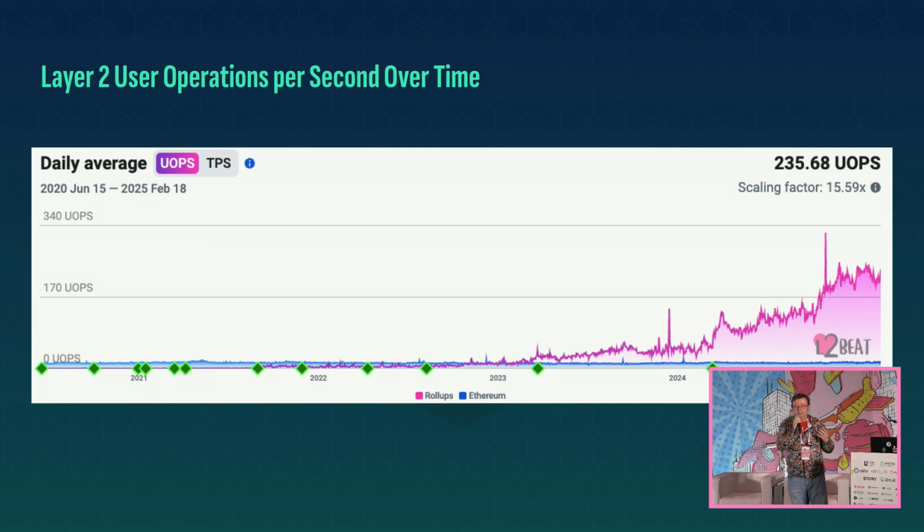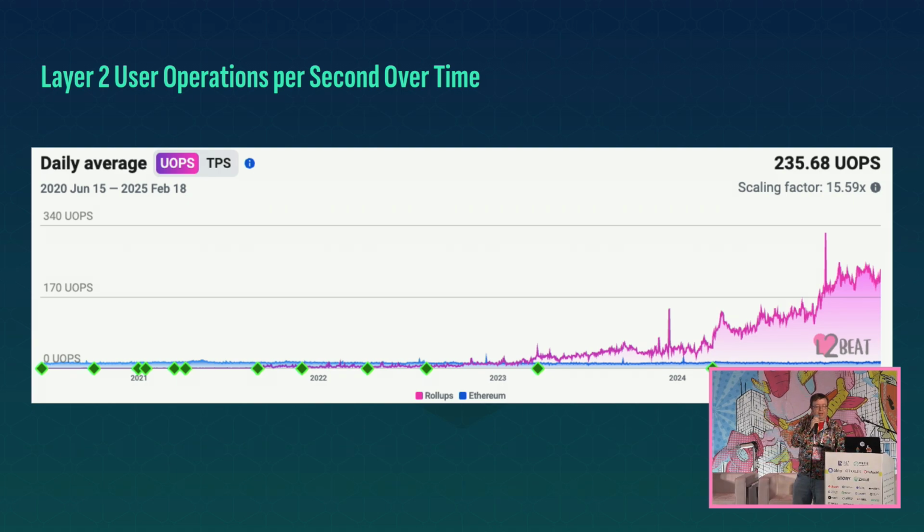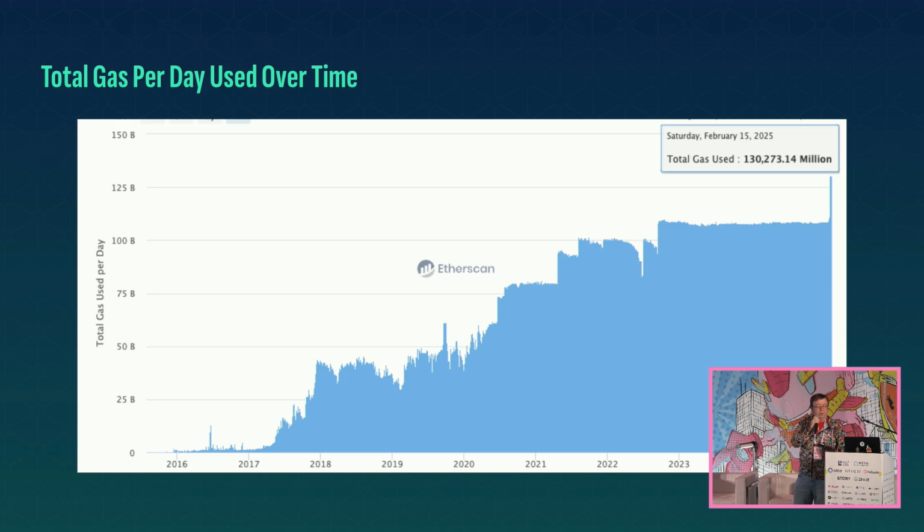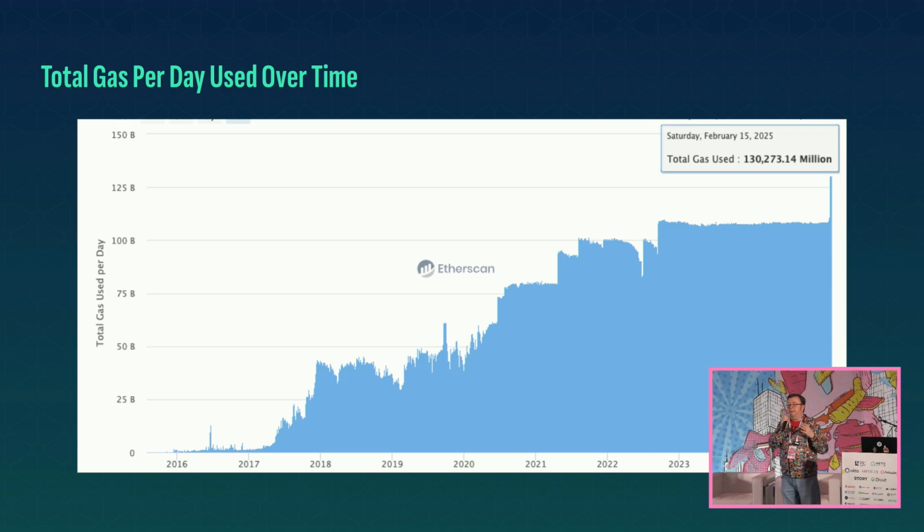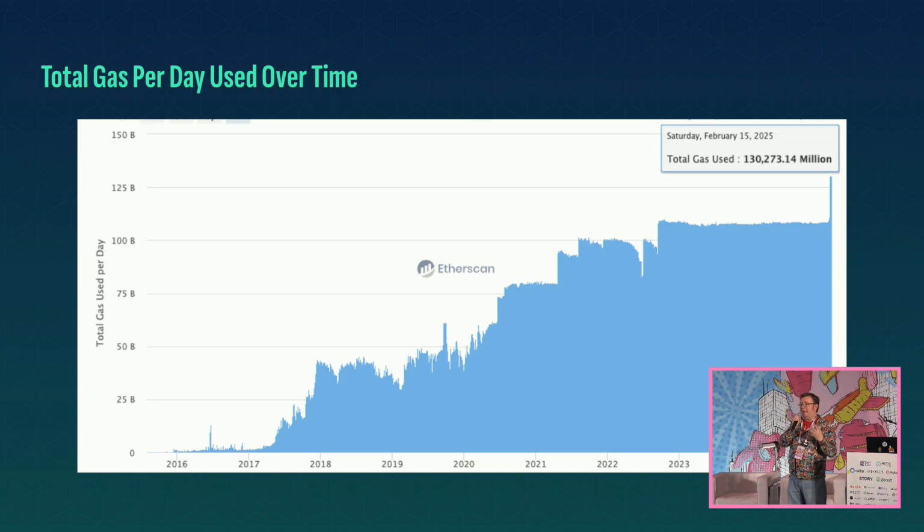We're doing more things not on the main chain, but on layer 2 chains. And what's interesting is that when you look at that growth, the gas limit for Ethereum has really remained static for the past 2 years. On average, there's 15 million gas executed per block. It can go up and down, there's some floating fee market stuff that goes on with it, but on average it's 15 million per block. And for over 2 years, since the merge, we haven't touched it until about a month ago, when we updated it to be about 18 million gas per block. That little blue bar at the very end is that change.